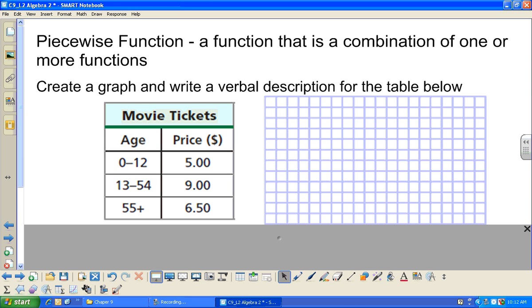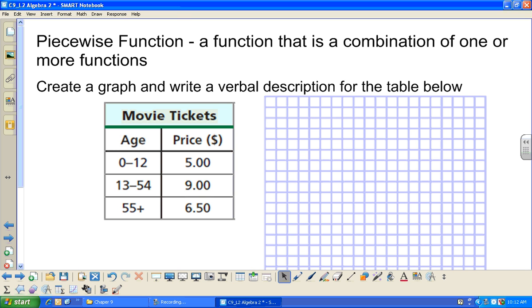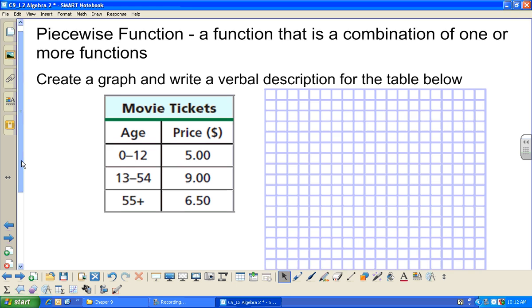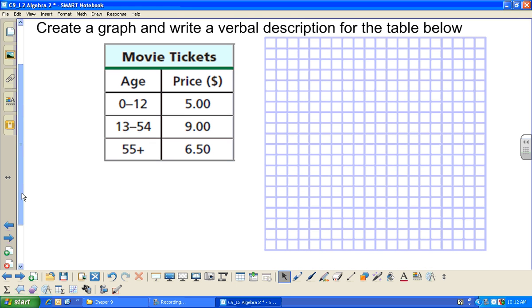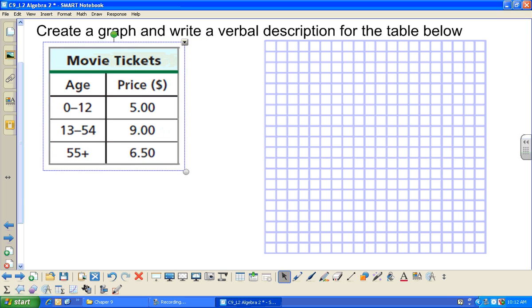In this piecewise function, it says for ages 0 to 12, the price of a ticket is $5. 13 through 54, the price is $9, and 55 plus is $6.50. So if I were to graph this piecewise function,